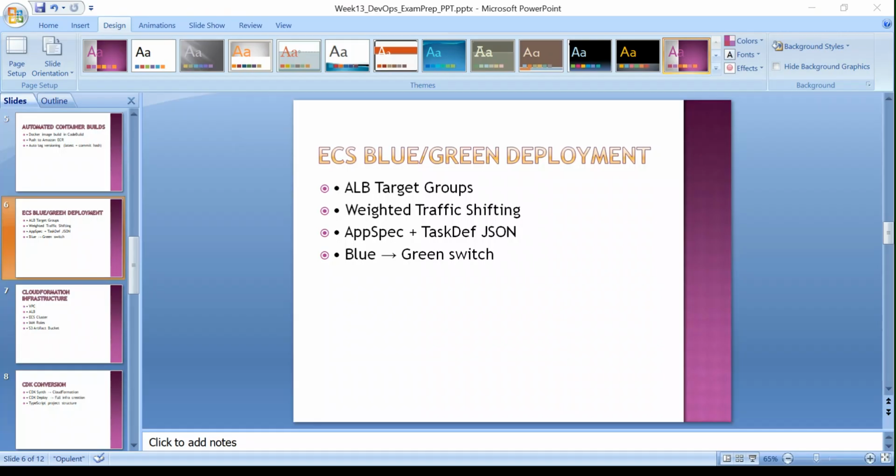For example, if 10,000 people are using the application, they have to wait. So in that case, we use blue/green deployment where you don't need to wait, and we just shift from blue, the current deployment, to green with zero downtime. So we test the application, and then the other thing is